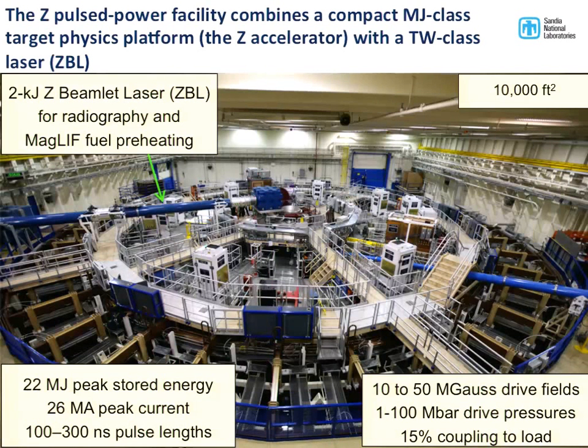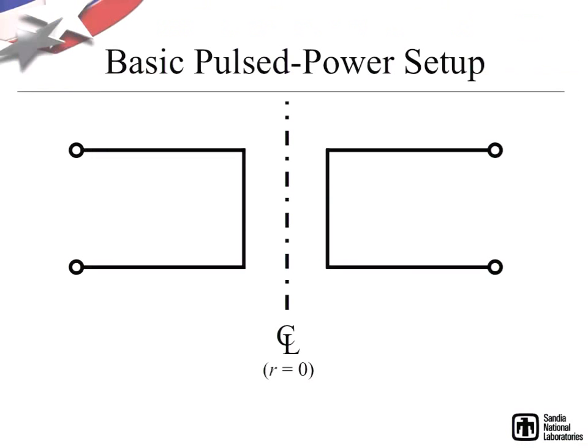And as Matt was saying, the big game here with pulse power is to store energy over a long time period in the perimeter here and then discharge that same energy rapidly, so that you get pulse compression and power amplification. So what can we do with this power amplification? Well, in the Z machine, it basically comes in the form of a large fast-rising current pulse or a large fast-rising magnetic pressure. So basically, we can couple that to the axis of symmetry, which is given by the center